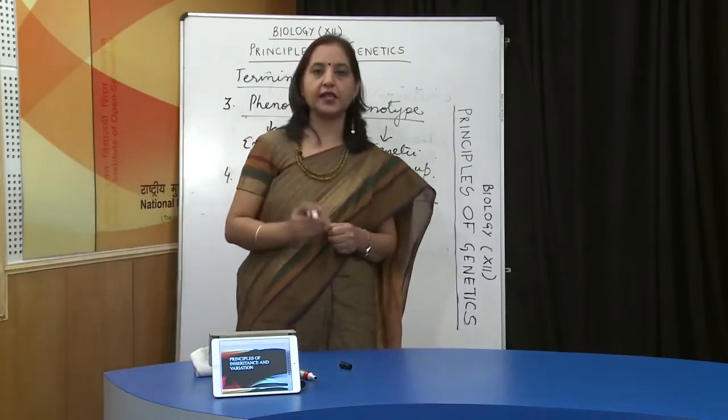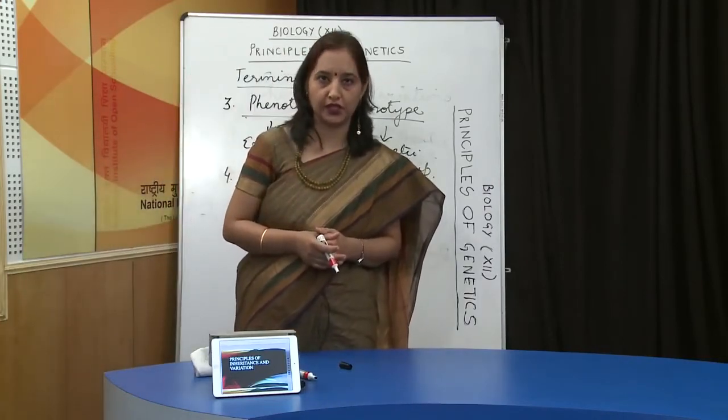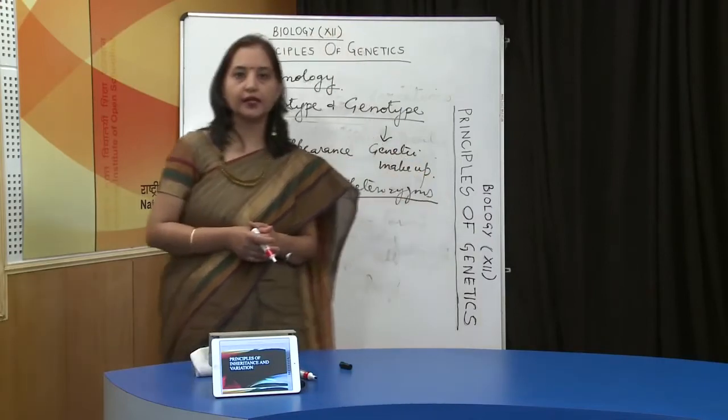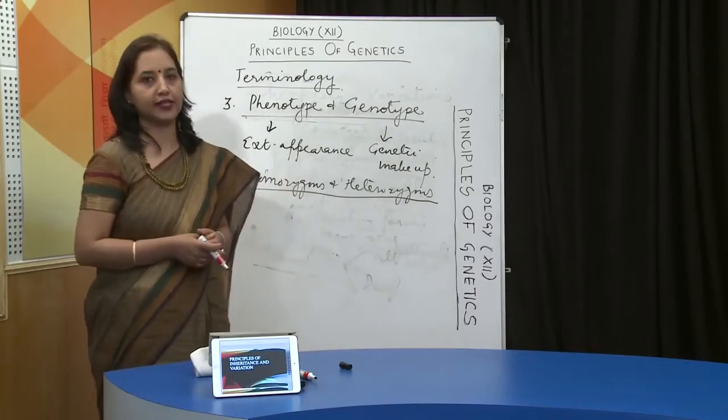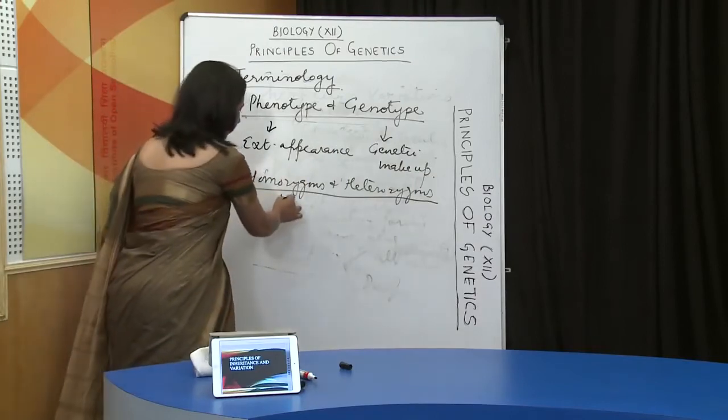Homozygous means when the same type of allele is duplicated, whereas heterozygous is when there are dissimilar alleles. I'll show you with the help of an example. The height of the plant